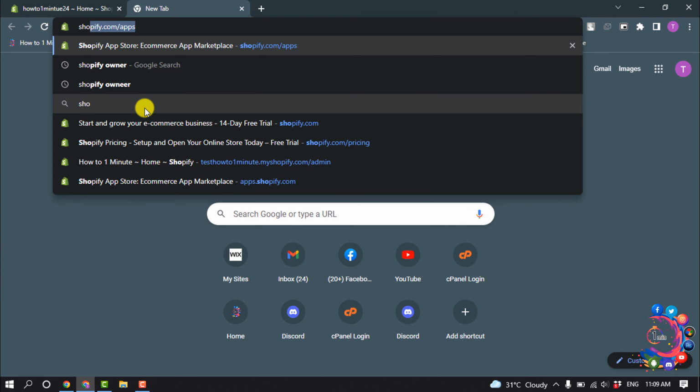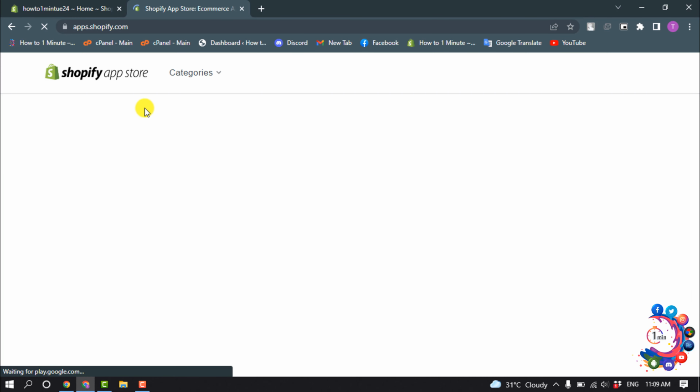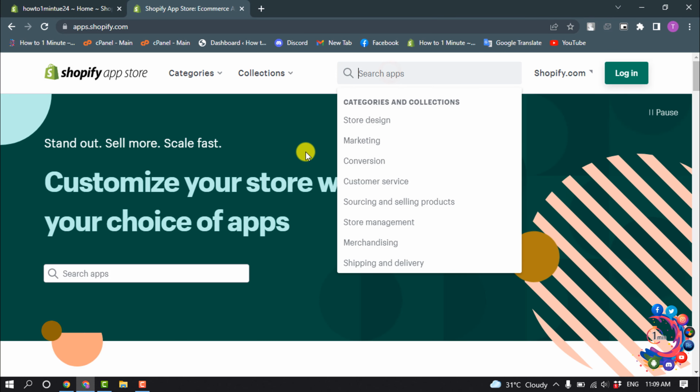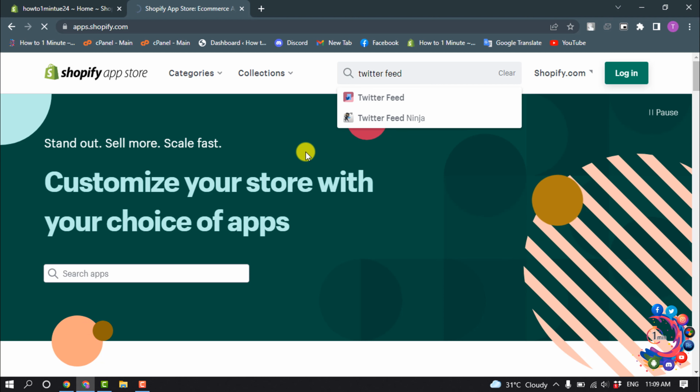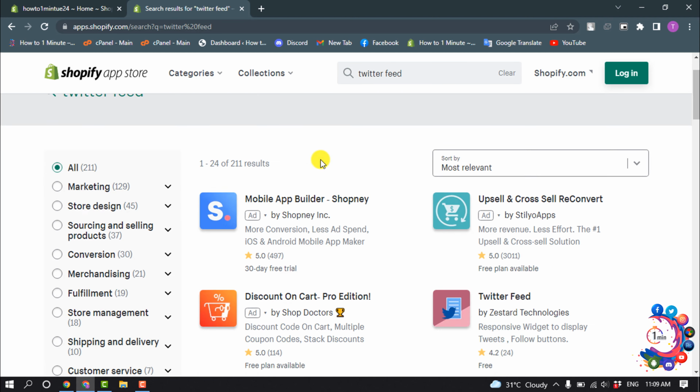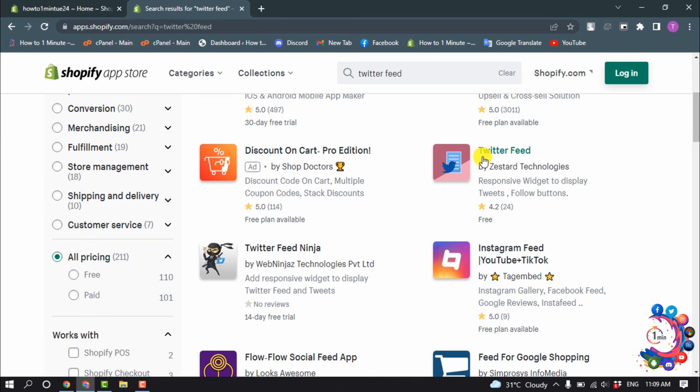So first of all, open Shopify app store. So type here shopify.com/apps and search here Twitter feed. And here we can see the Twitter feed app. So select this one